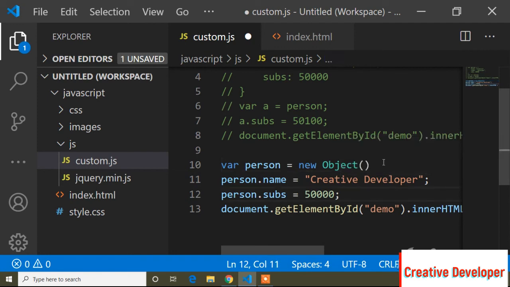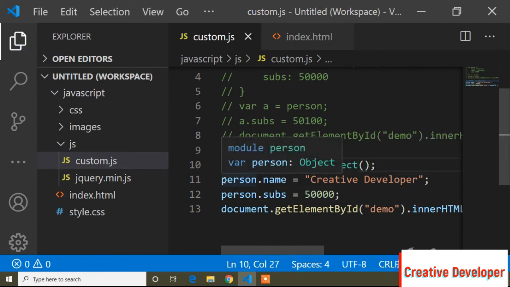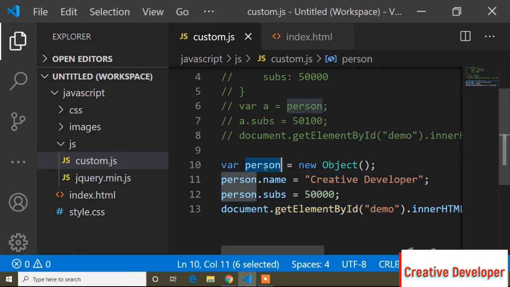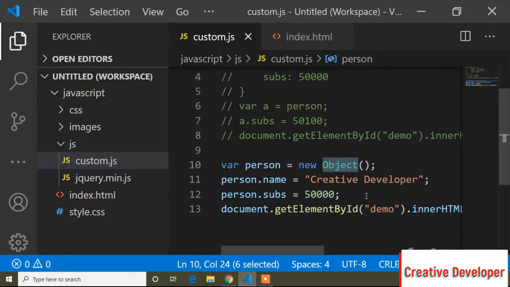So this is the syntax to create a new object. So first I declare that, and now I create our object. So the variable person is the new object. I declare it's a new object, and now save, and now you can see it's showing the output, but it's showing undefined 50,000.